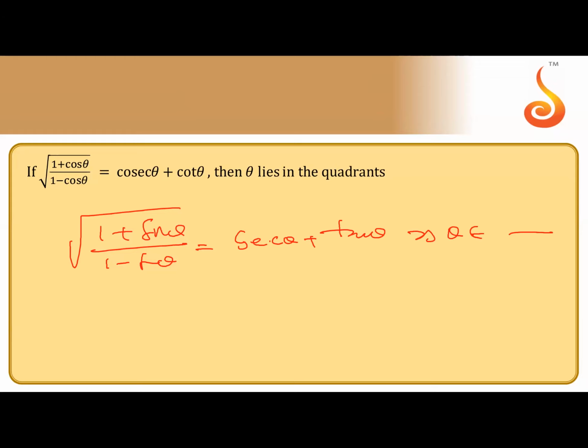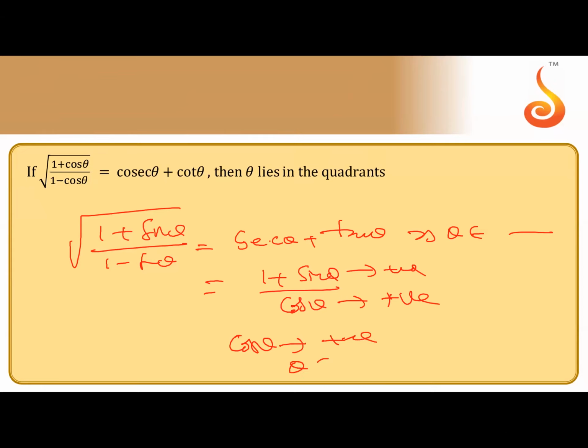Now tell the answer. Yes, very good, Natasha. Secant plus tan comes as (1 plus sine) by cos theta. So this should be positive. Both must be positive, and cos positive is in what quadrant? Cos is positive, so theta belongs to quadrant 1 and quadrant 4. That is the answer here: 1 and 4. Hope it is clear? First and fourth quadrants.